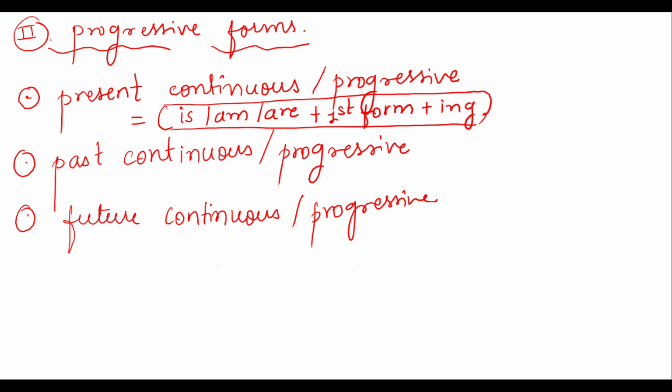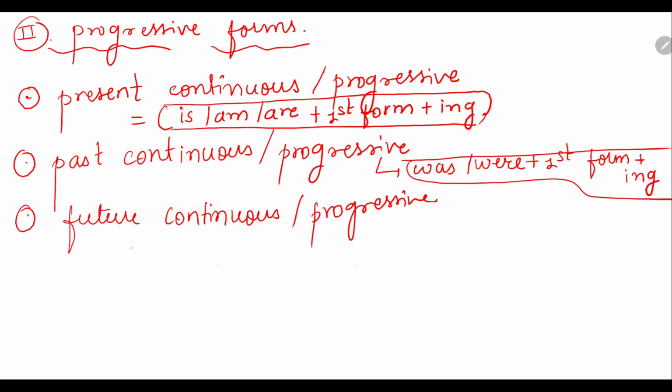ओके, इन द पास्ट कंटिन्यूस प्रोग्रेसिव वी विल बी यूजिंग वॉज और वर, वॉज या फिर वर प्लस फर्स्ट फॉर्म plus ing. In future continuous progressive, will or shall plus first form again plus ing. अगर तीनों को अच्छे से देखेंगे,